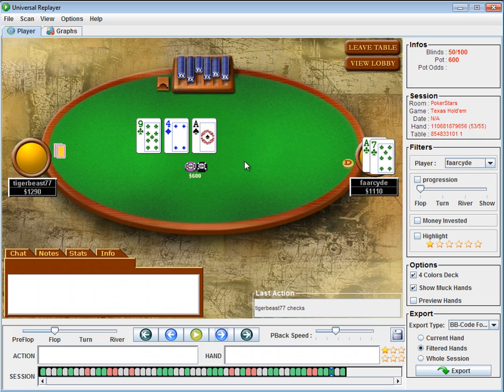So he checks. It's an interesting spot. The thing I'm kind of thinking about is that if he has an ace, then I'm never going to get away from it anyway. It's possible he has top set or ace king or something, but I think it's really likely too that he has a hand like kings, queens, jacks, tens, maybe a hand like 10-9 or something like that. So